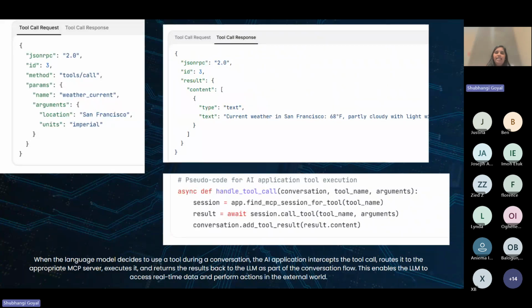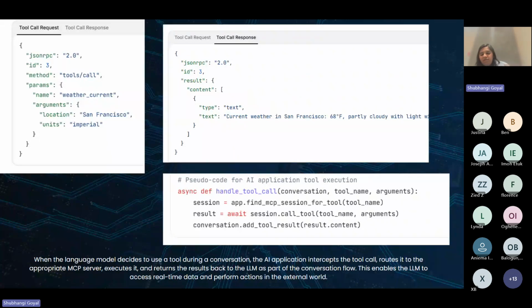This enables a large language model to access real-time data and perform actions in the external world. In summary, this is the request, this is the response, and this is the intermediate process where the tool call is handled. This is how it gets structured when you request something in your tool call and expect a response.